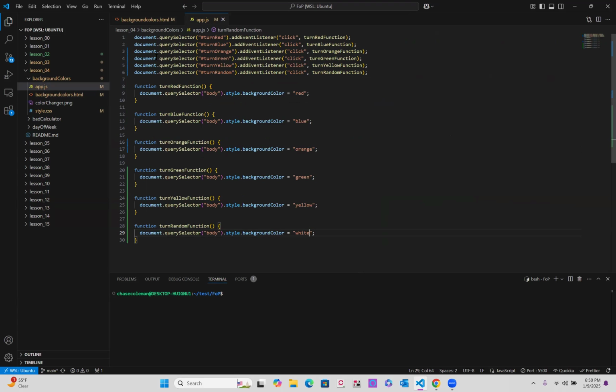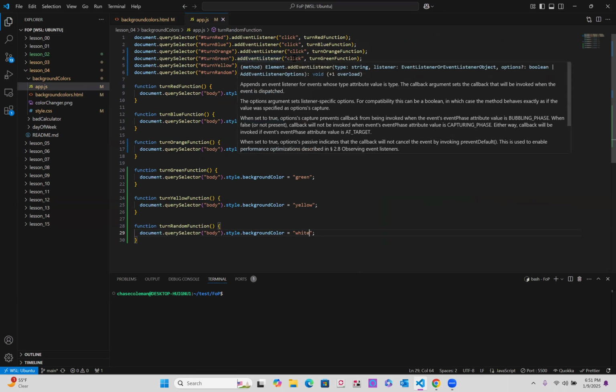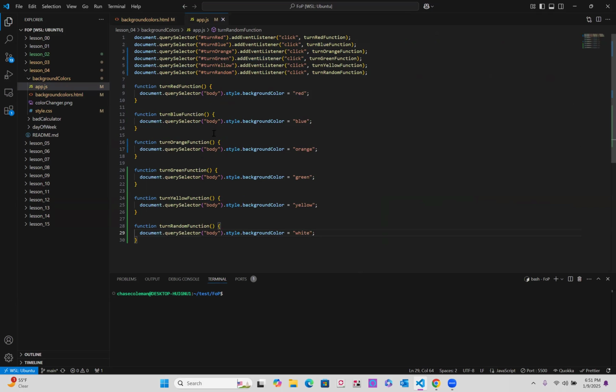And then in here, I did what you said, try not to look at this stuff, but as I typed, I tried to remember what each thing meant and what it was doing. So go to this document, look for this specific tag. If that tag is found, it adds the event listener when they click on it, and it runs the specified function. Here, same thing: create a function, turn green function with no parameters. Then document query selector, body, style, background color, green.